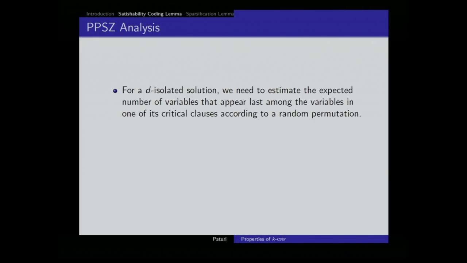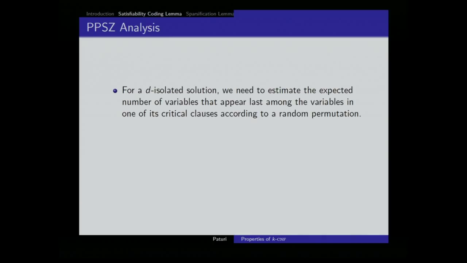But if you have critical clauses of varying length for the same variable, you have to look at the probability of that variable appearing as the last variable in the ordering for one of the critical clauses. That's going to be a very messy calculation. We don't even know precisely what the critical clauses are going to be, and the resolution is going to produce them. Then we have to argue over the resolution, the lengths will vary, and there will be shared variables among critical clauses, or they could be disjoint.